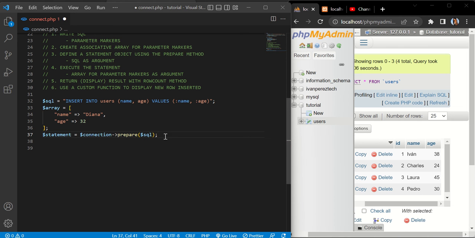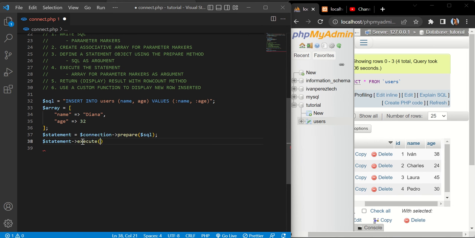here with the method. This doesn't mean that I'm finished. I'm only preparing this information over here. Remember, this one is linked to the one above. So I'm preparing this information, and I'm preparing it to execute it later. So the SQL as the argument is here, and now I'm going to go ahead and execute the statement. So I say statement, which is this method with the connection,